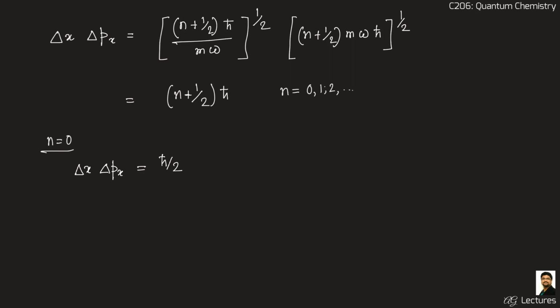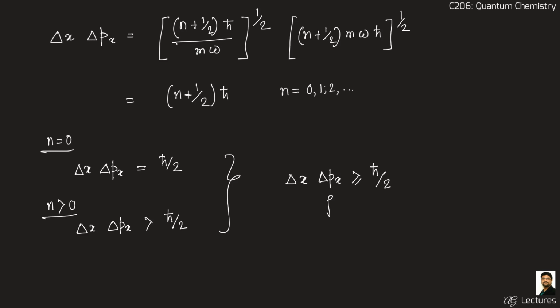But for any other n, where n is either 1, 2, 3, or whatever it is, it's going to be more than h cross over 2. So for n equals 0 it is equal, and for any positive n, we get delta x delta px greater than h cross over 2. Combining these two, we can write that delta x delta px is greater than or equal to h cross by 2